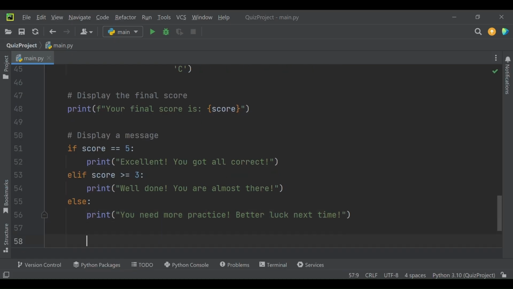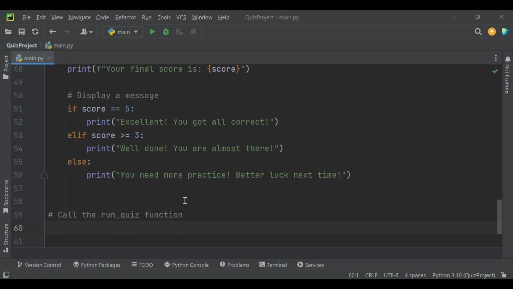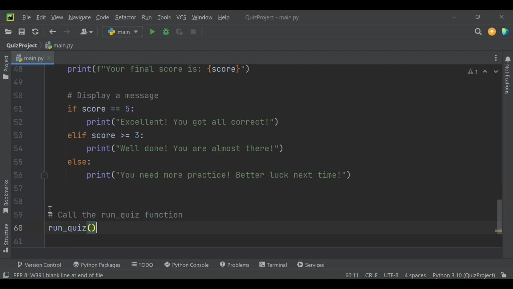Okay, with this we complete our second function also, and now we will call the run quiz function here. Make sure to leave 2 lines space before and after the function, and here let's call this function.